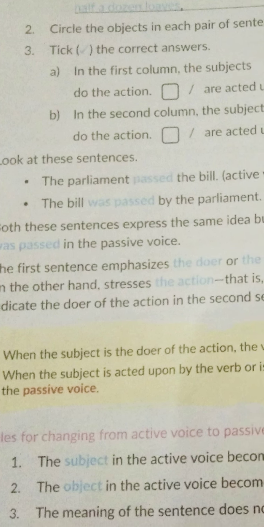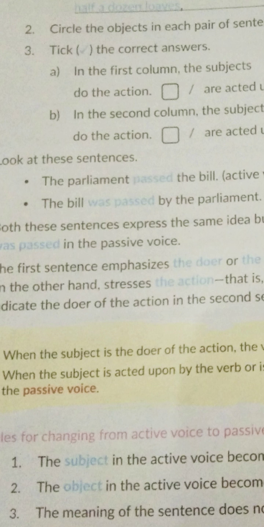So by is generally used when we are changing from doer to the receiver. When we change from active to passive, we use the word by. So when I say the bill was passed by the parliament,